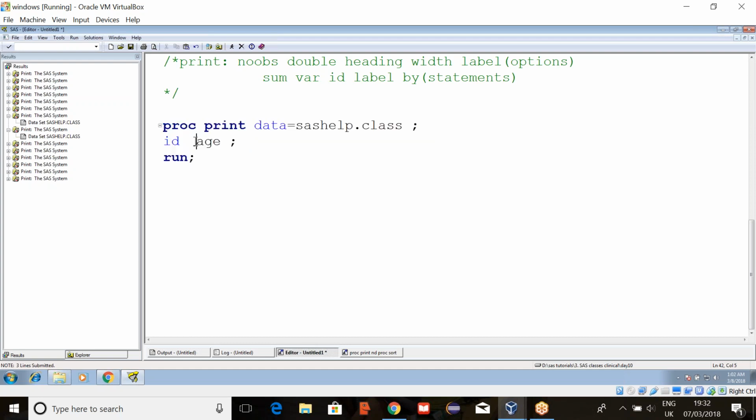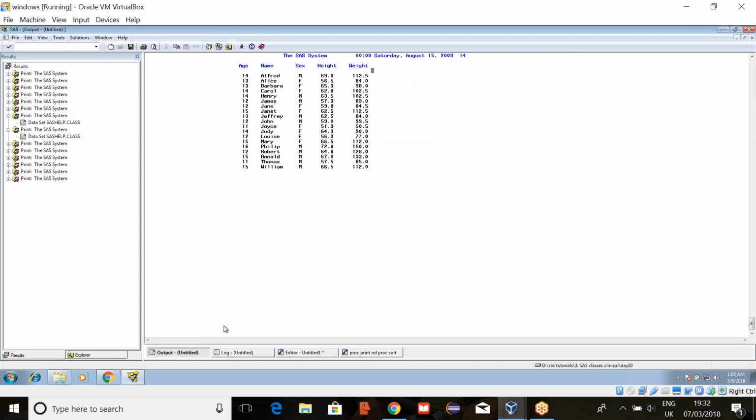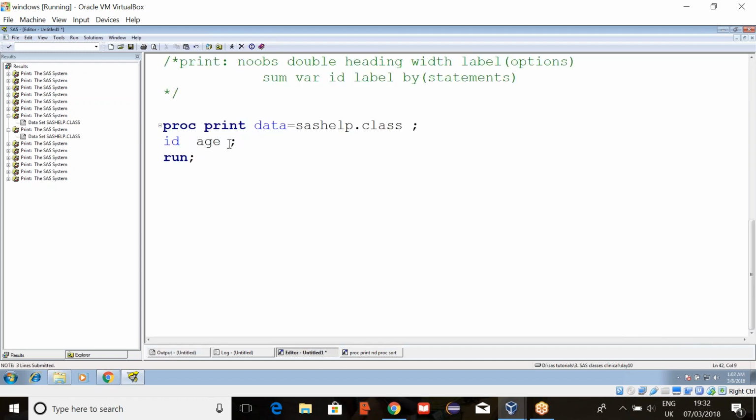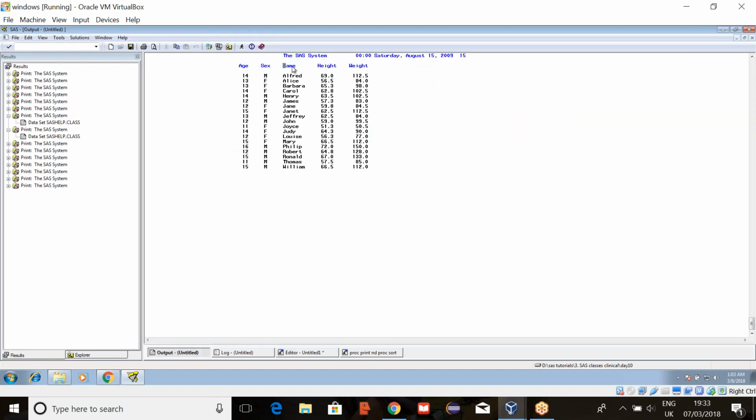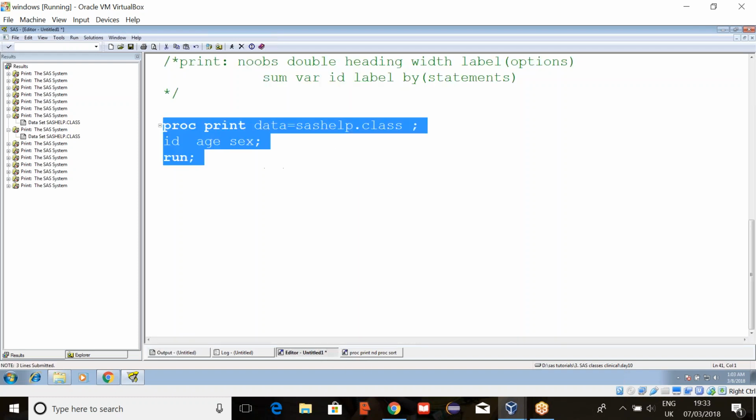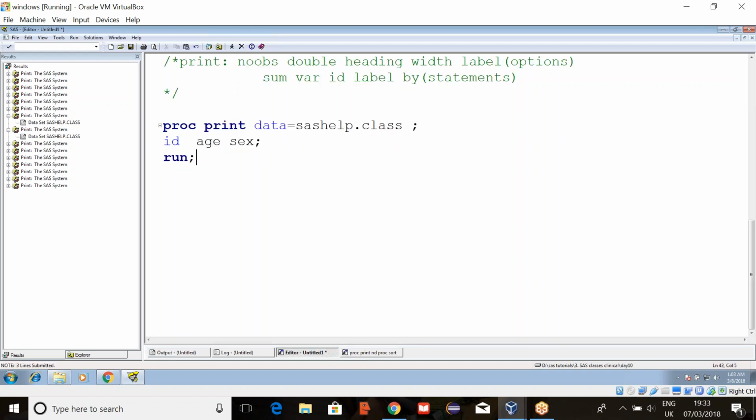Whatever variable names we keep in an ID statement, it will bring those variables to the front. In case you write two variables here, first it will take age and sex and then name, height and weight. This is about the ID statement.